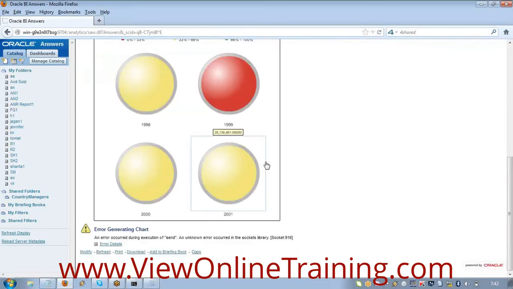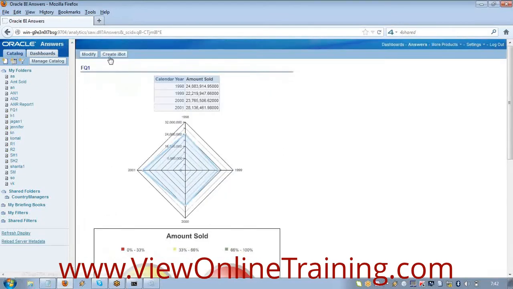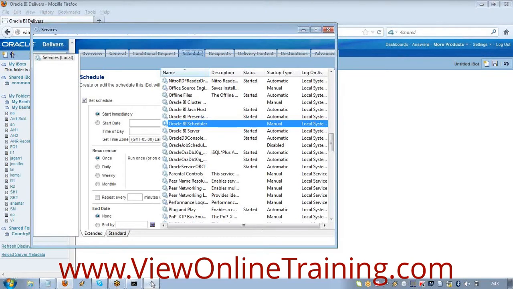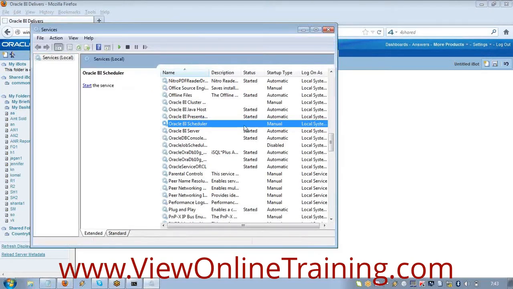This is one report, right? You see something called Create iBot. Click on this, it opens Oracle Delivers. You see Oracle Delivers? Now, everything will work only when the scheduler server is started. Right now it did not start because I did not configure it.